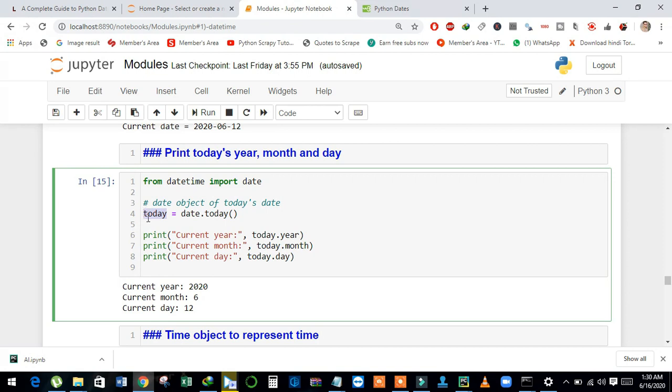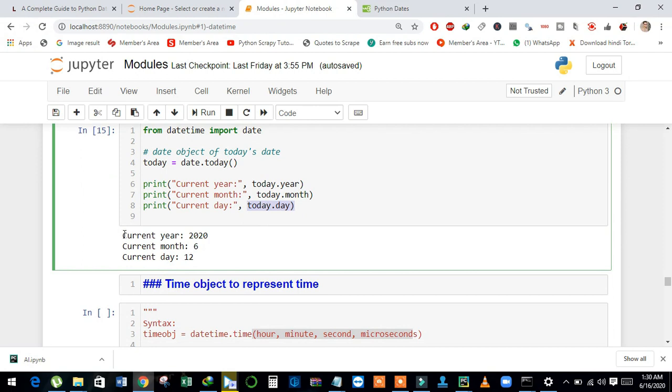Now we want to print the year, month and day, and we have the dot operator. We can use the dot operator to get the year, month and day. Using today.year, today.month and today.day, I printed out the values of year, month and day.